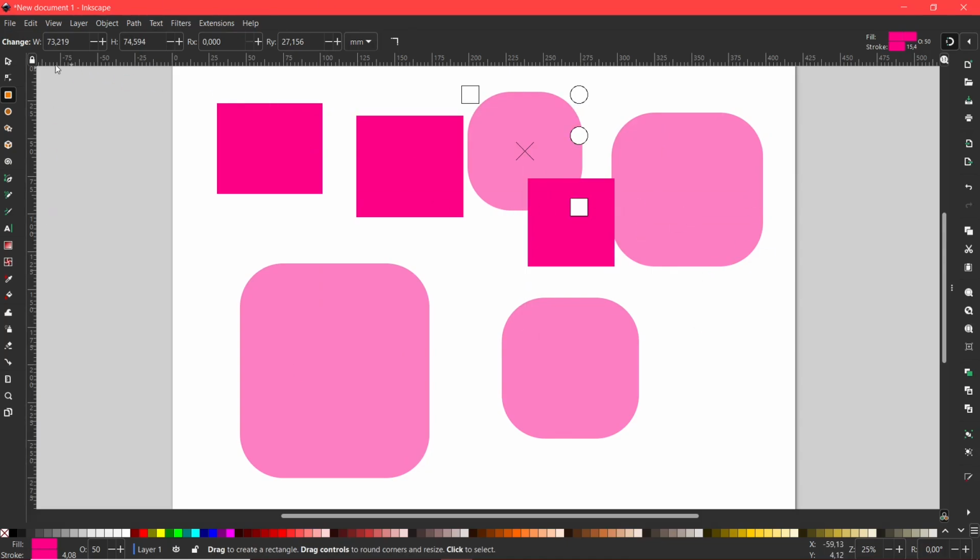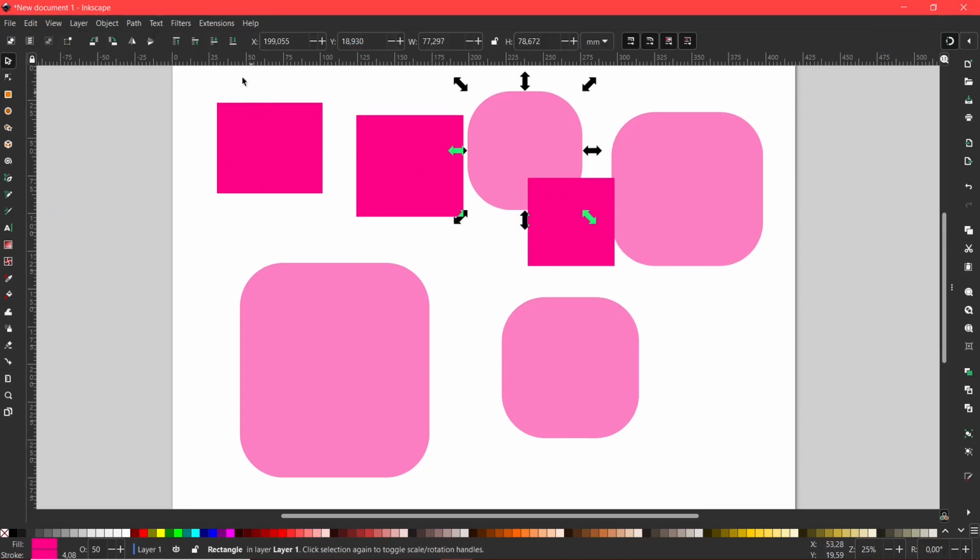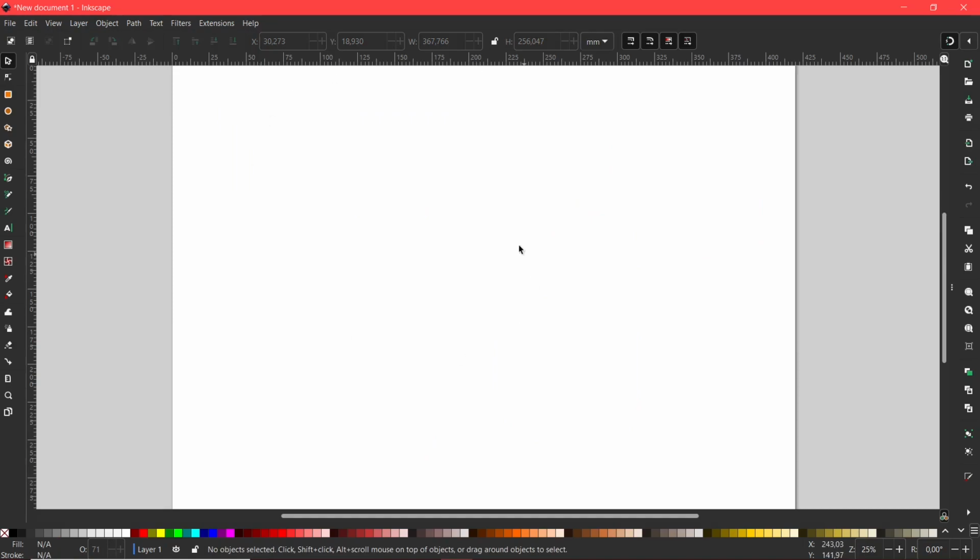Now let's delete all of this and move on to the ellipse. So I'm going to select all of this and press delete on my keyboard to delete all the shapes. So let's move on to create circles, ellipses, and arcs with the shortcut E. So I can select it, and the same as with the rectangle tool, all you need to do is click and